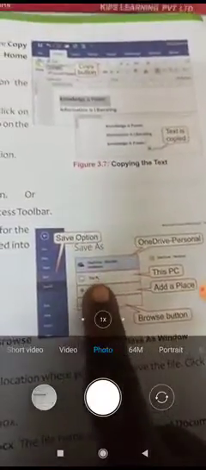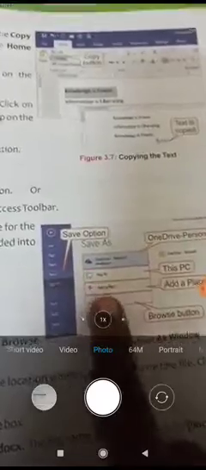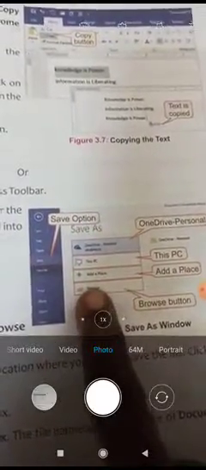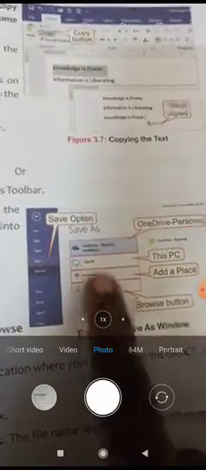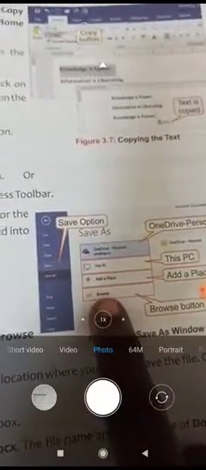Okay, these are the online saving facilities you have. You have to click on This PC, which means it will be saved in your PC. Then you can either add a place or click on the Browse button. After This PC, click on the Browse button. Browsing is searching for your folder.